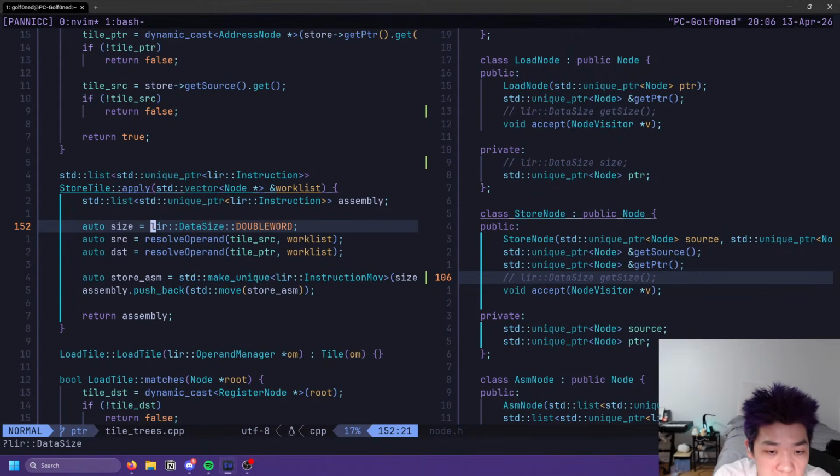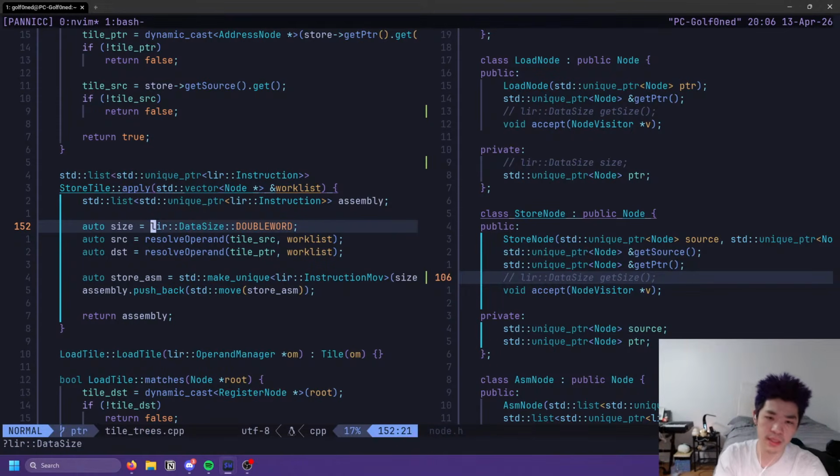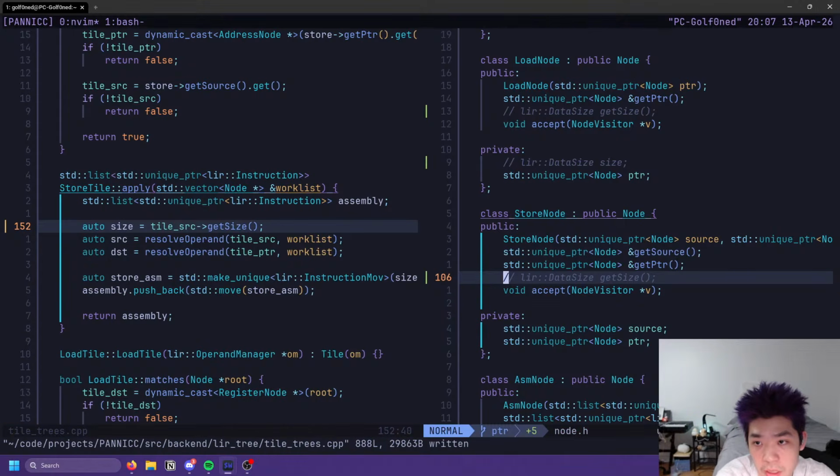Okay, let's see. So store we definitely need to keep, I think, in some capacity. Maybe we can get the size of the source. Let's see, tile source, get size. That should probably work. It's probably a register or an immediate, both of which we can figure out a size for.